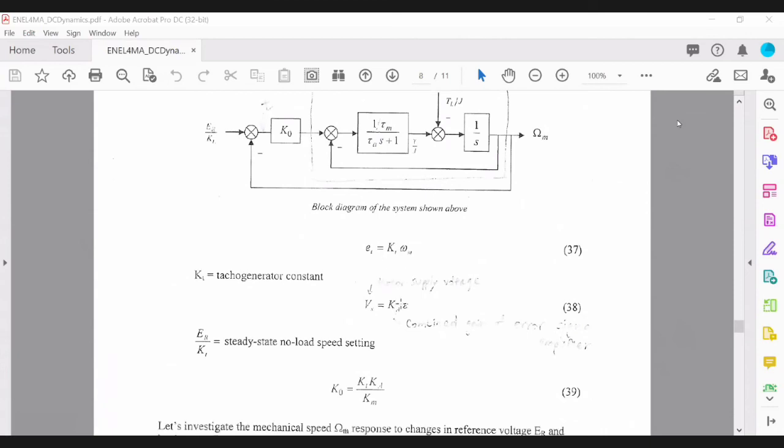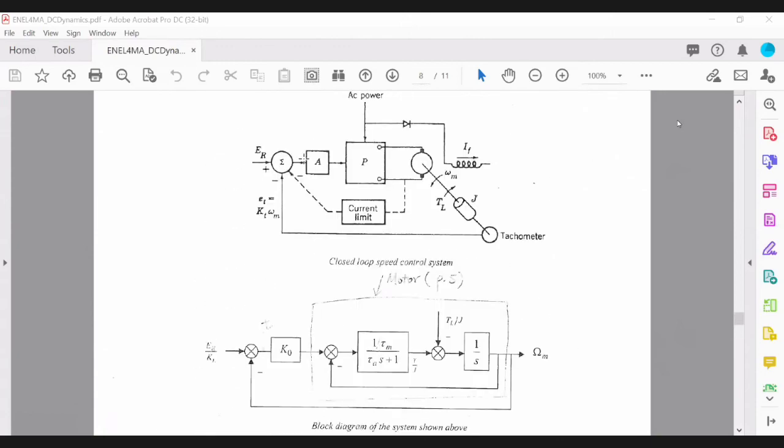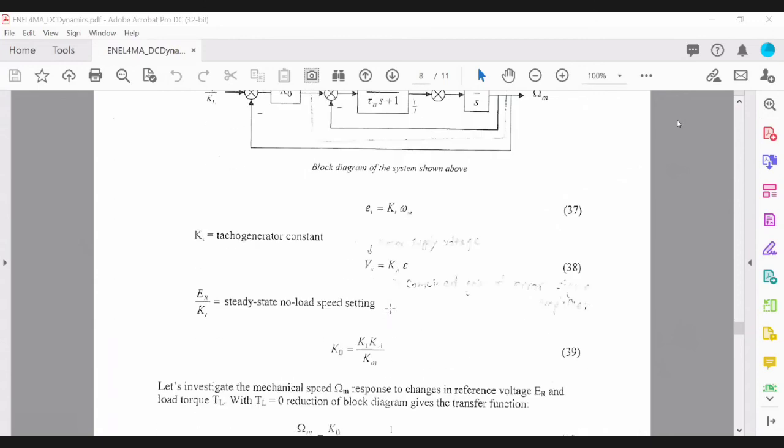Now Ka is the combined gain of the error signal amplifier, so basically this block here, and the ratio of ER over KT is the steady state no load speed setting,